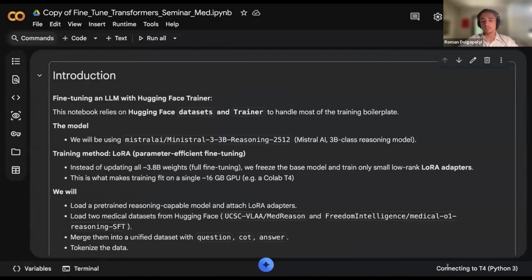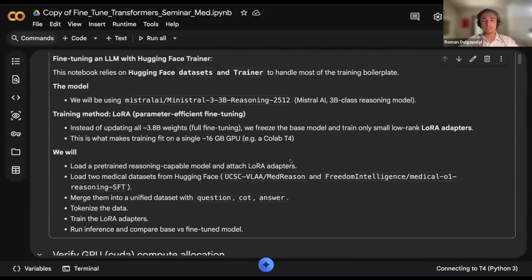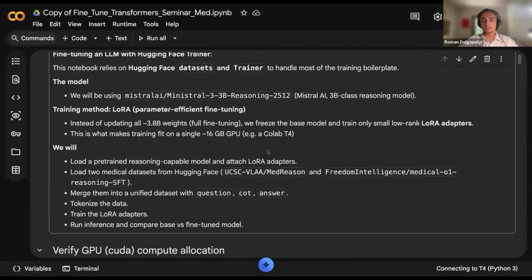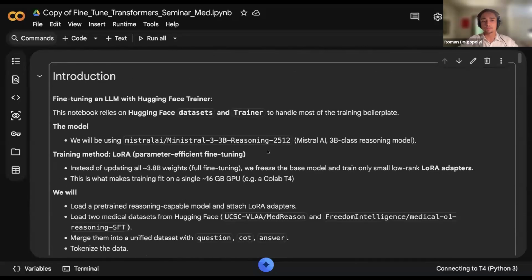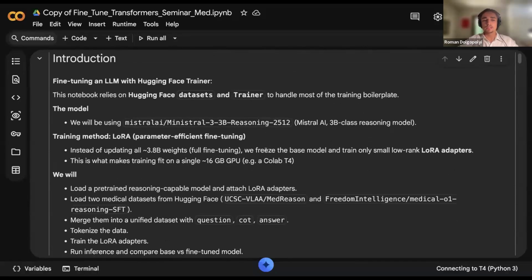As you could see here, the status of the connection is present, connecting to T4. It may take up to a minute usually. So let's wait and make sure that everybody went through this procedure. While the hardware is loading, let me introduce the overall structure of today's session. Firstly, we will